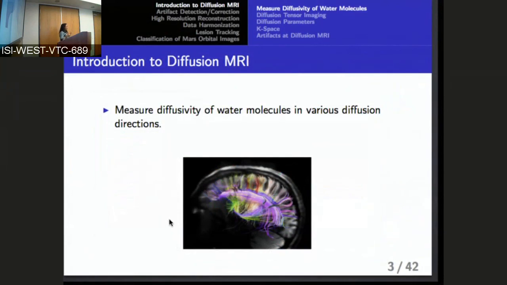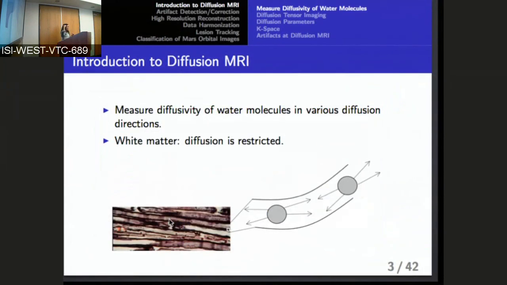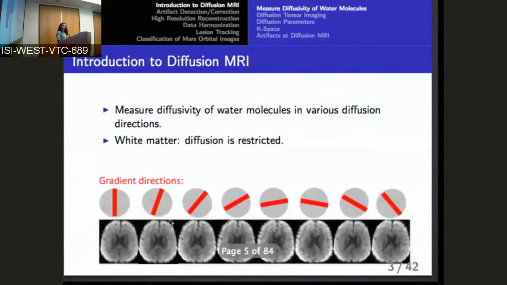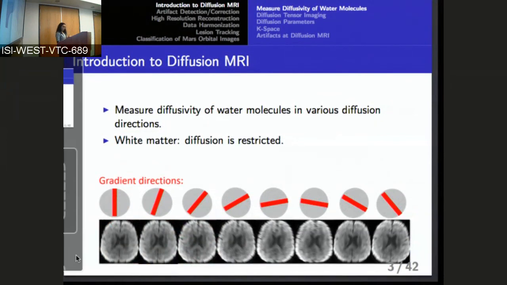You know that our body consists of many water molecules which are moving in many different directions. In fact, with diffusion MRI imaging, we want to measure the diffusivity of water molecules in different directions. In the presence of white matter in our brain, the diffusivity of water molecules will be restricted in the direction of the track. And here in the image below, you can see some axial images of the brain. For example, one slice here, and different